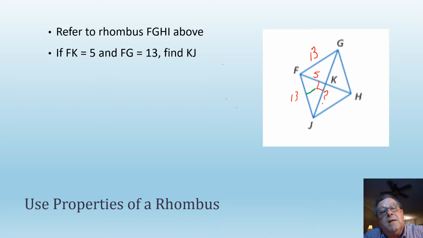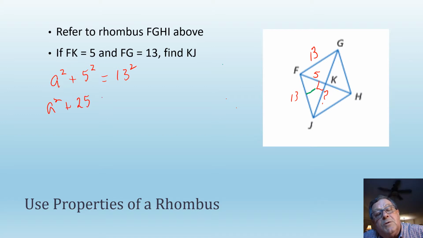So let's say then that we're going to call KJ A. How about that? A squared, let me change that back to red, A squared plus 5 squared equals 13 squared. So we got A squared plus 5 squared is 25. 13 squared is 169. Let's subtract 25 from both sides so that A squared is equal to, let's see, 169